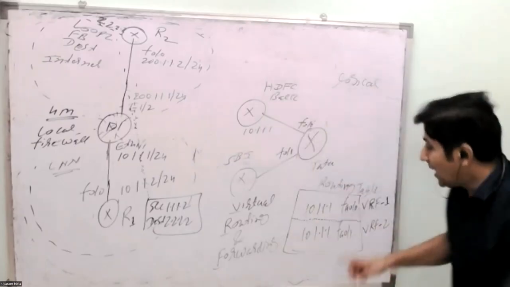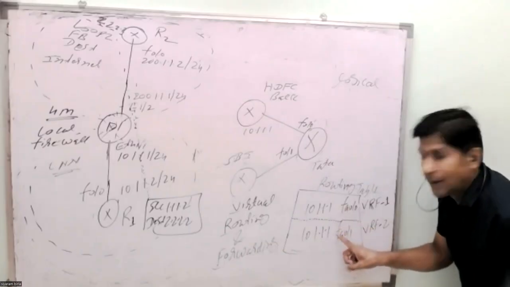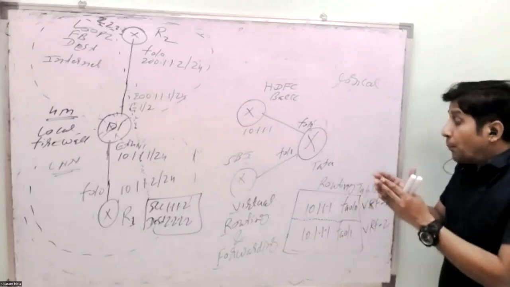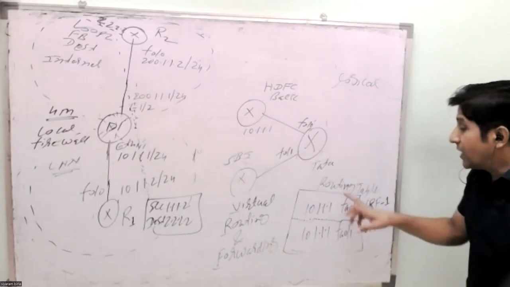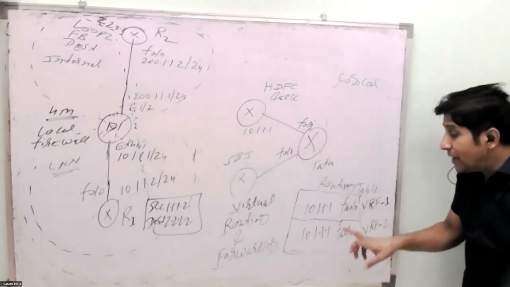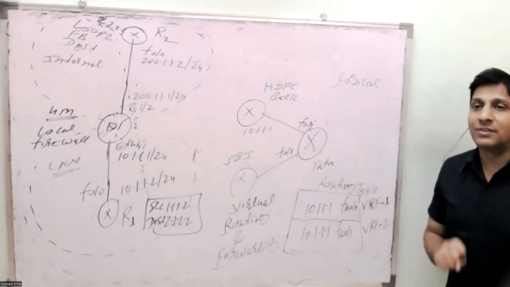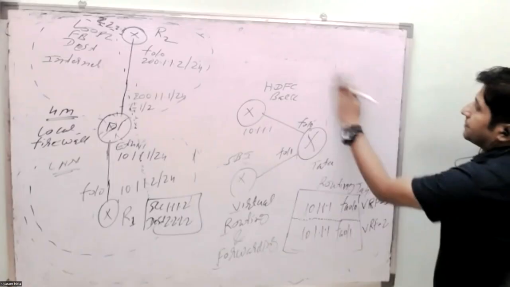Similar to that, this VRF will not communicate with that VRF, and that VRF will not communicate with this VRF, means both VRFs are distinguished. We divide a single routing table into multiple routing tables. That is called a VRF. It isolates the control plane